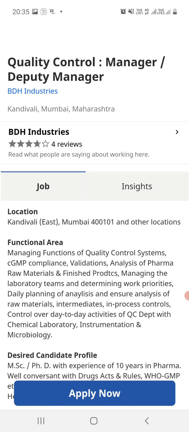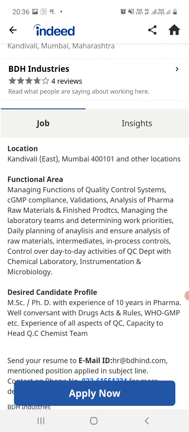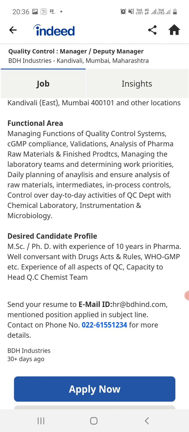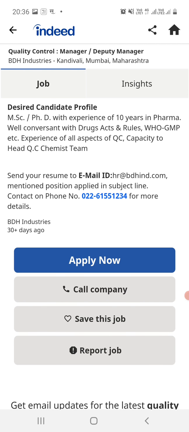When you click on this, they have given the location, then the functional areas, and the desired candidate profile, that is MSc, PhD with 10 years of experience in pharma, well conversant with drugs acts and rules, WHO GMP, and experience of all aspects of QC, with the capacity to head a quality control chemist team. They have given the mail ID as well as their contact number, and from here you can apply for that particular post.